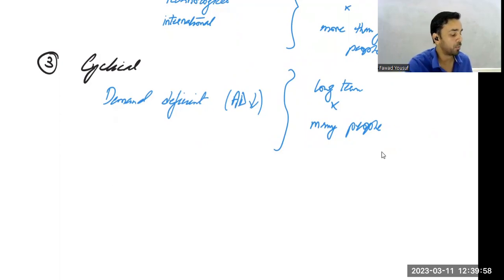Okay. The temporary band hona is not bad, but एक अच्छा सा बंद हो जाना, permanent बंद हो जाना, because then the workers, like for example, if Pakistani textile is not doing well and a lot of companies shut down, there's a lot of people who are going to be unemployed because of that, and who were very productive all their lives. They've done this and they were highly productive. Now these people will have to retrain and start doing something else all over from the start, and that's not going to earn them a lot of money, and they're not going to be very productive, at least in their early years. Now if you start growing your textile again after a few years, you're going to have a tough